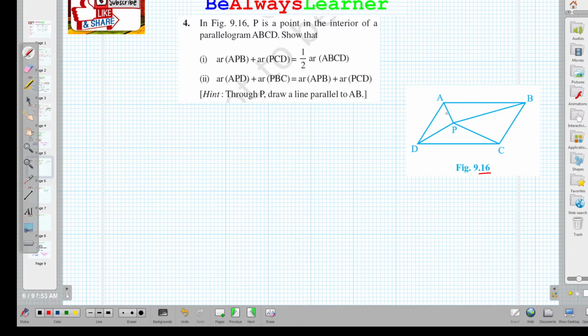And another one is the area of APD plus area of BPC is equal to the area of APB and PDC. राइट, ये दो हमें प्रूव करने हैं।